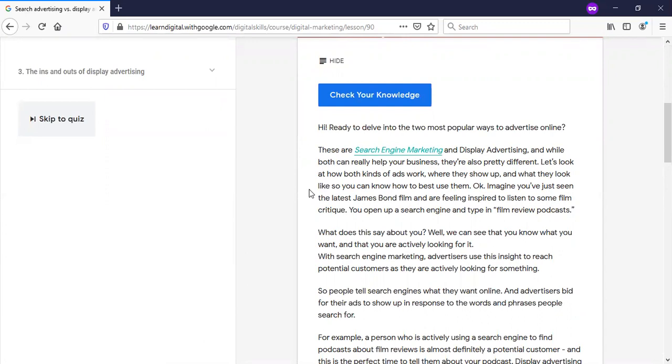Okay, imagine you've just seen the latest James Bond film and are feeling inspired to listen to some film critics. You open up a search engine and type in film review podcast. What does this say about you? Well, we can see that you know what you want and that you're actively looking for it. With search engine marketing, advertisers use this insight to reach potential customers as they are actively looking